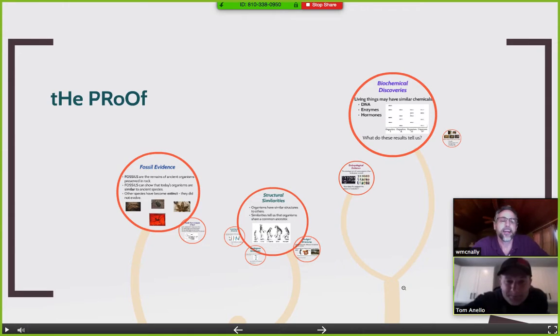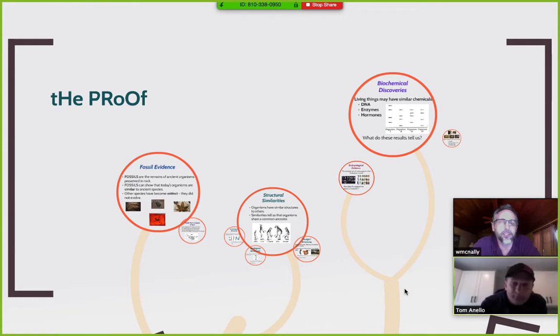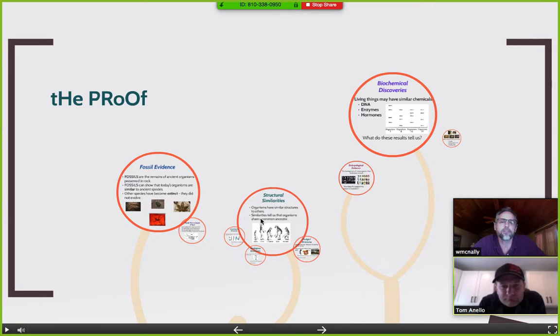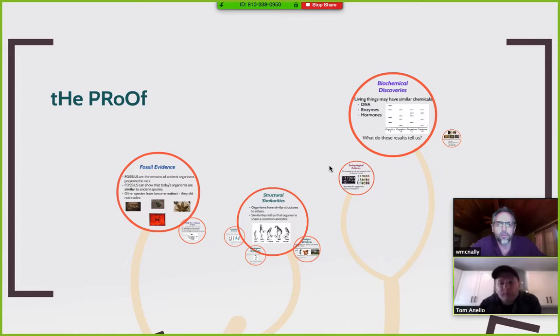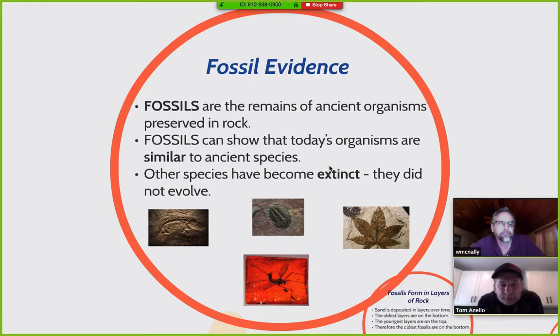So, anyway, class, we're going to get back to work here. Last week we talked about evolution being a theory, not a fact, even though scientists have lots of evidence that makes us believe that evolution really happens. There were four types of evidence that we mentioned, and we're going to start looking at them one by one today. The first one we're going to take a look at is fossil evidence, and everyone knows what fossils are: